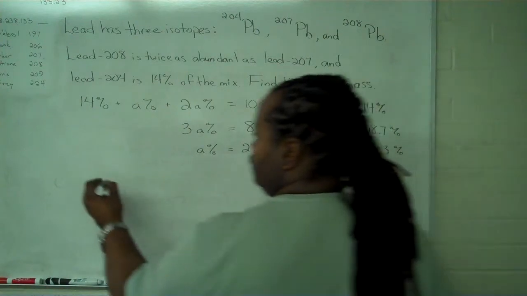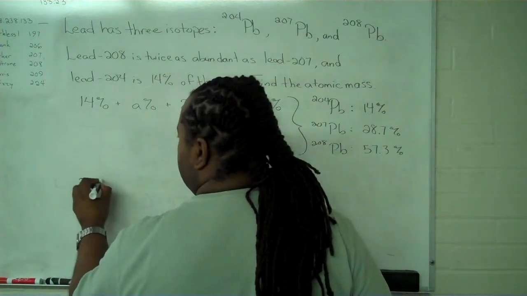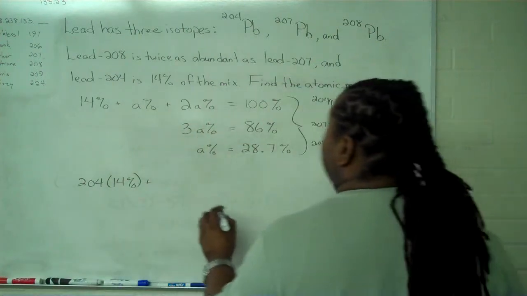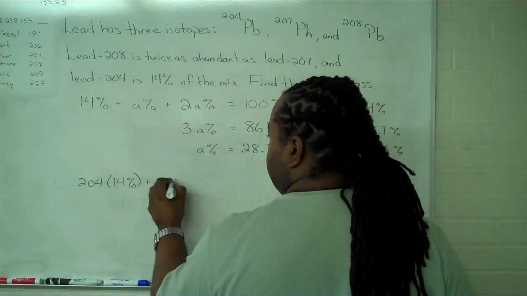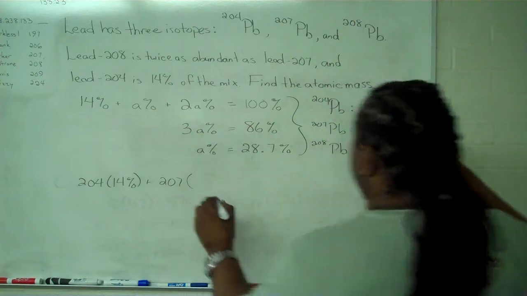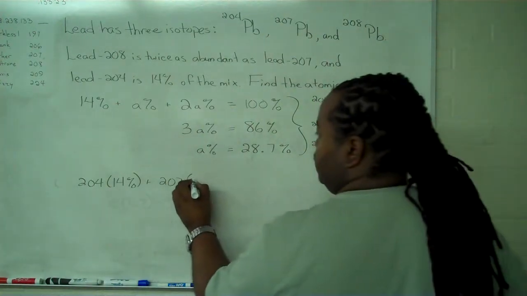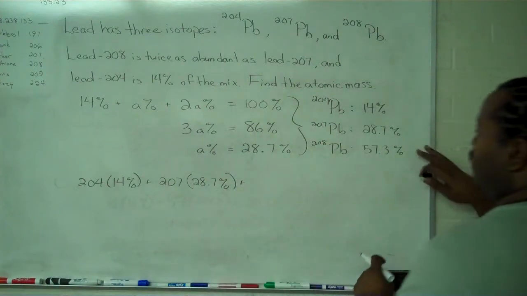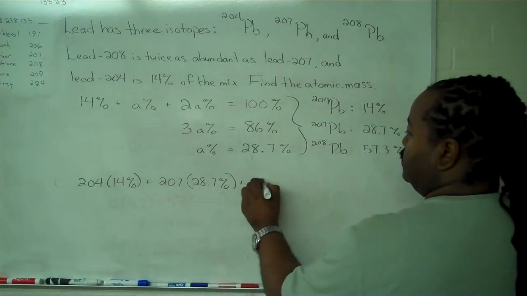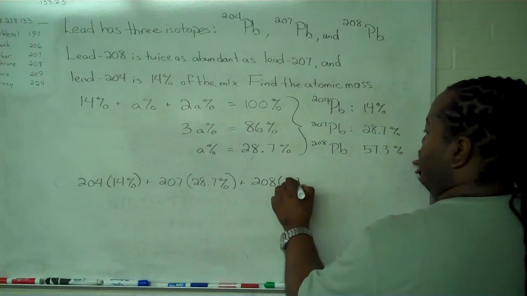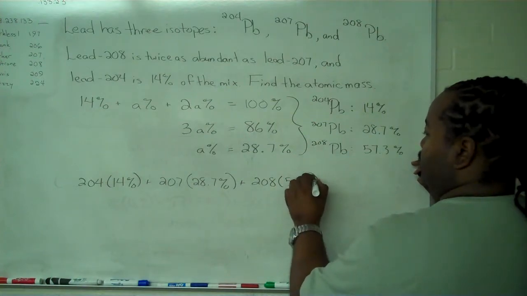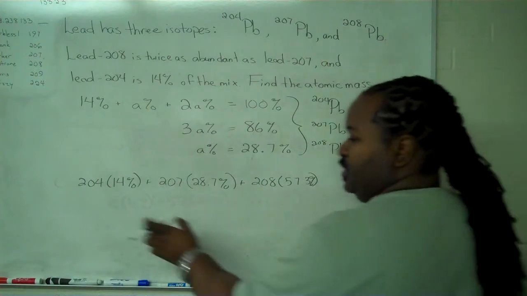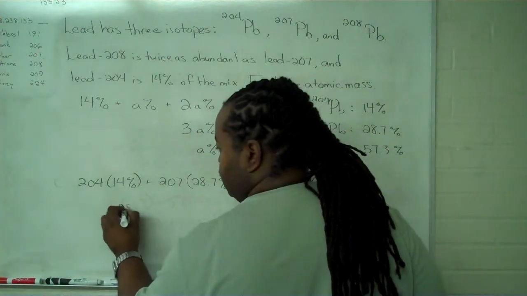So 204 was 14%. We're going to add to that 207, which is 28.7%. And for 208, 57.3%. So we step through this. 14% here gives me